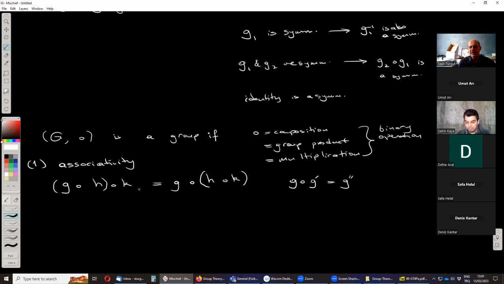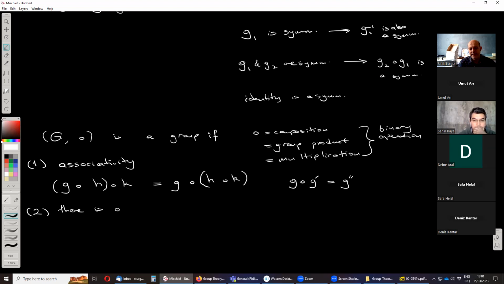Function composition, for example, satisfies this property. Multiplication or addition operations that we know from algebra satisfy that property. Matrix multiplication, for example, also satisfies it. So there are actually many examples of such operations that satisfy that property, and as a result, we have lots of examples of groups from these. The second one is the